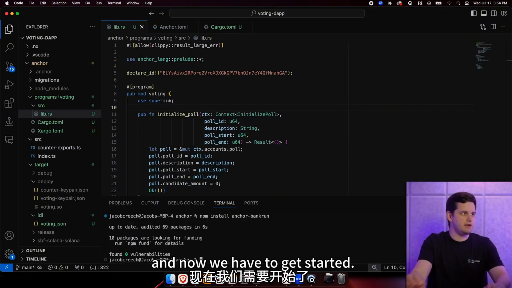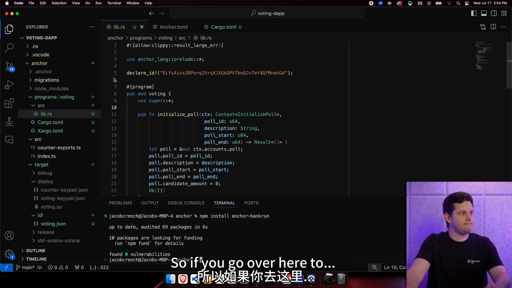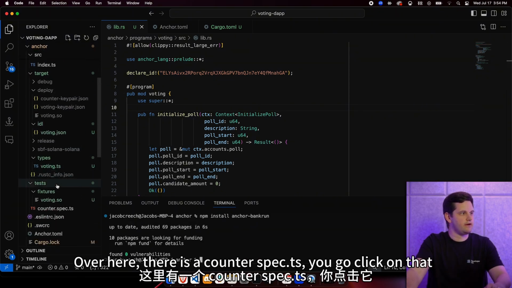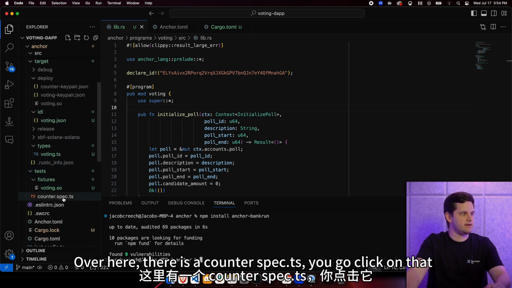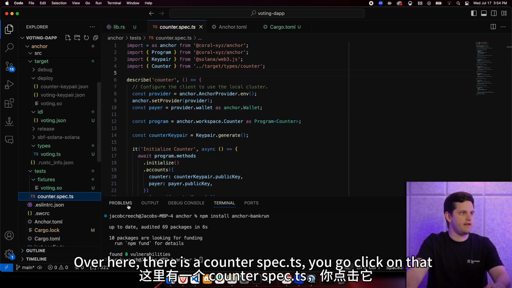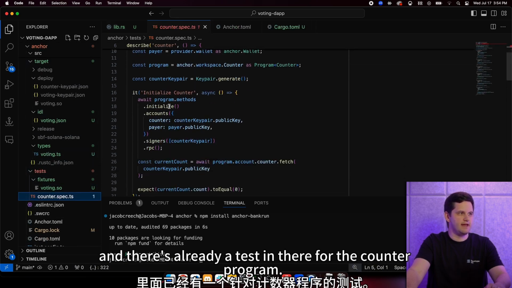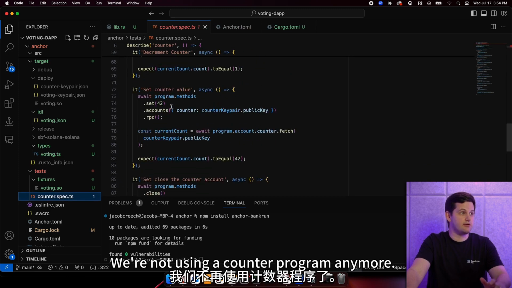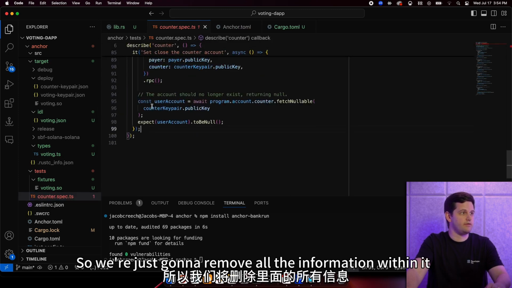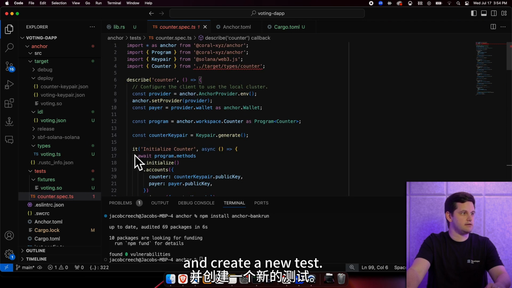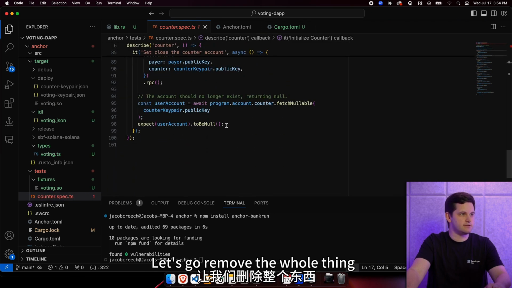All right, so we've installed it, and now we have to get started. So if you go over here, there is a counter spec.ts. You click on that, and there's already a test in there for the counter program. We're not using a counter program anymore, so we're just going to remove all of the information within it and create a new test. So let's remove the whole thing